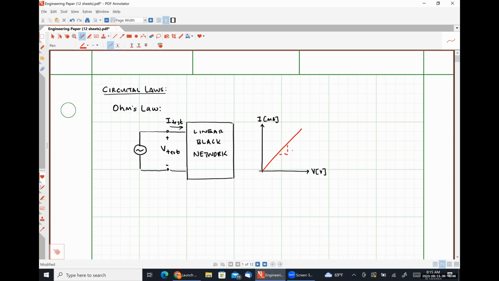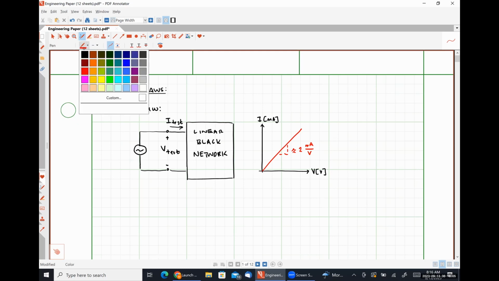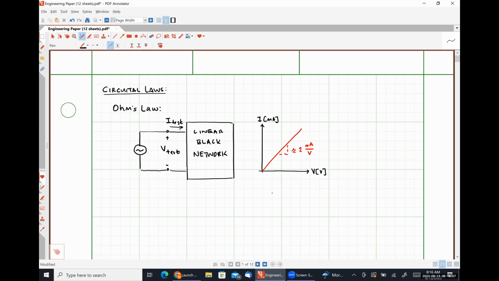So 2 and some change, so let's put this here. The slope was approximately 2 milliamps per volt. So that slope is what is commonly called the conductance G of a network. So the conductance is simply the ratio of the current divided by